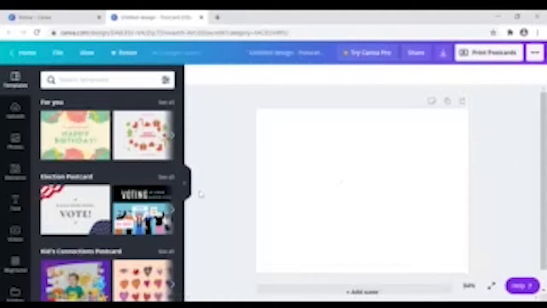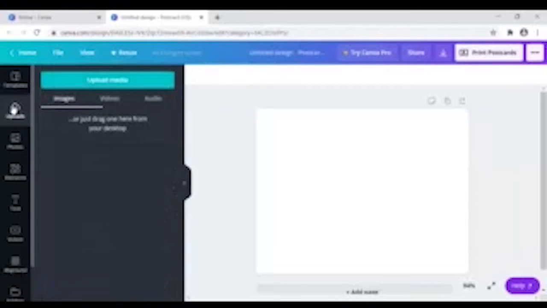On the left side of the screen, there are different options available that I can include in my postcard. If I want to upload a file, I will go to the upload option. And from here, I can upload an image, I can upload a video, I can also upload an audio file.